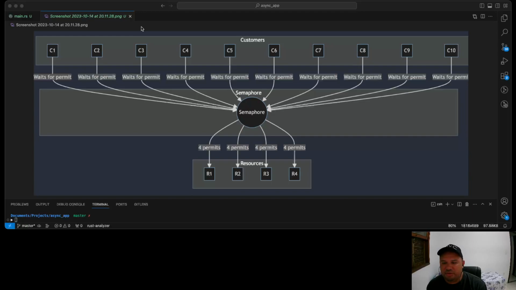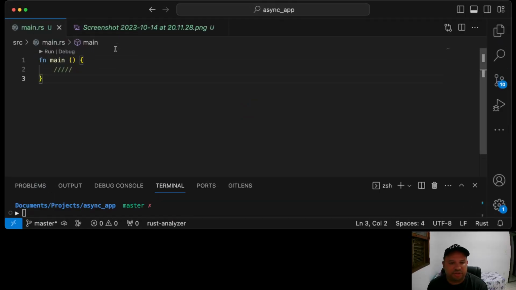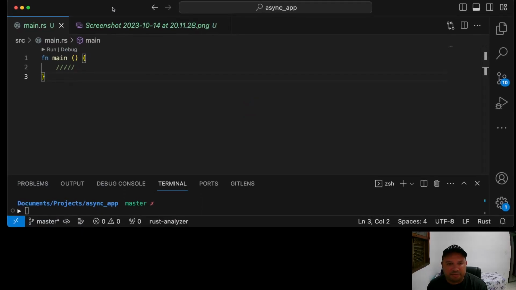So in order to solve that problem, we can use this semaphore concept, and I'm going to use it here with Rust and Tokio to execute this code concurrently and to show you how to use this concept to handle this problem. So let me try to move this to the code here and zoom in so you can see that better. So the first thing I'm gonna do is